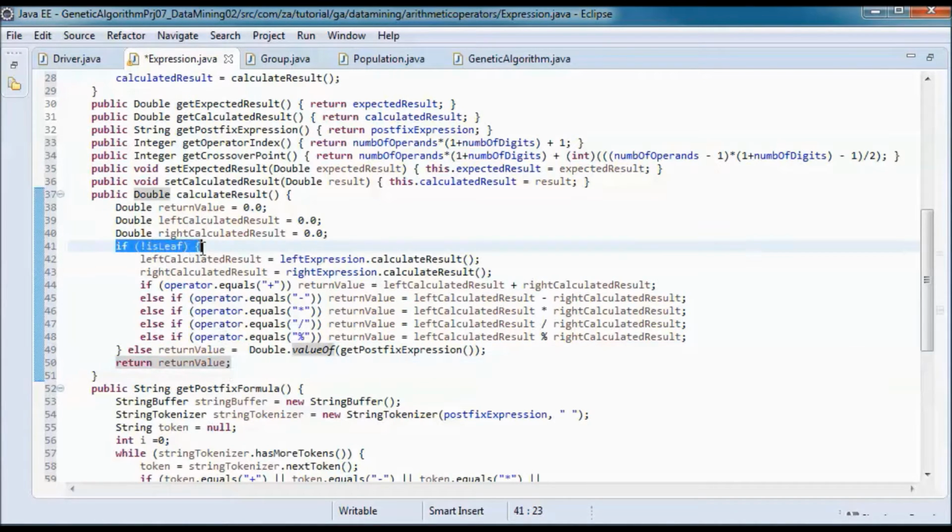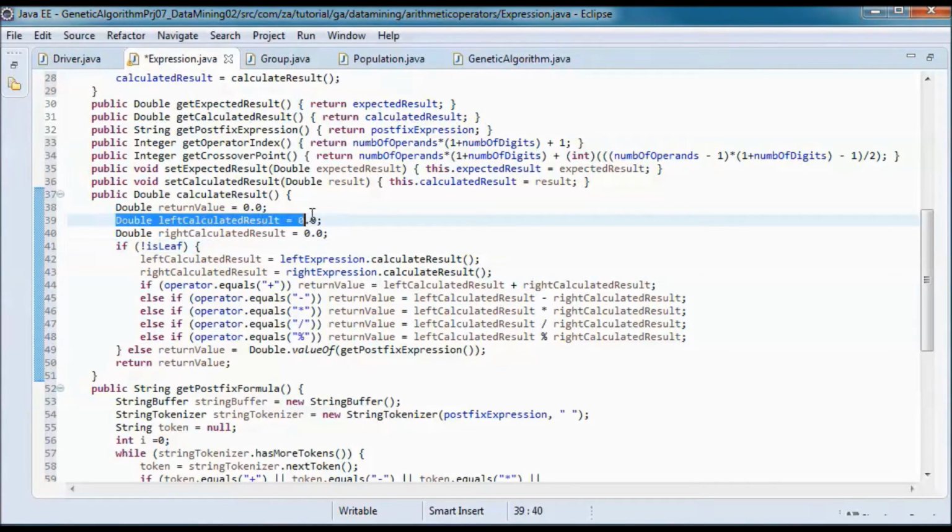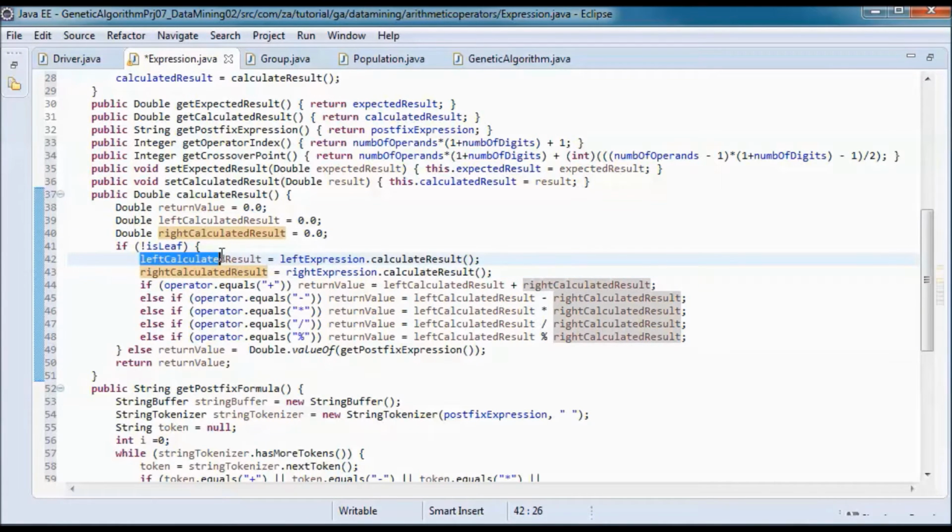Otherwise, if we don't have a leaf, then the value of left calculated result would be left expression dot calculate result, and the value for right calculated result would be right expression dot calculate result.